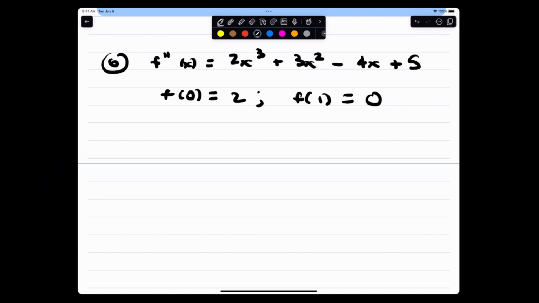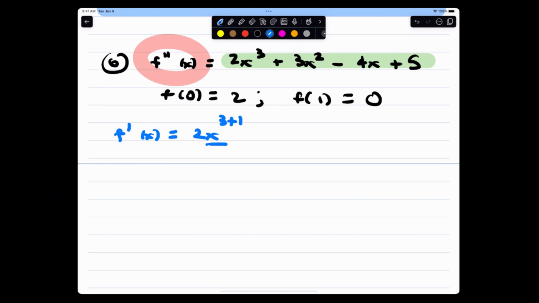Well, you're going to take that second derivative. This is your g. So your solution is not going to be f. It'll be the first derivative. So 2x to the 3 plus 1 by the power rule, right? And then 3x to the 2 plus 1 over 2 plus 1 minus 4x to the 1 plus 1 over 1 plus 1 plus 5x